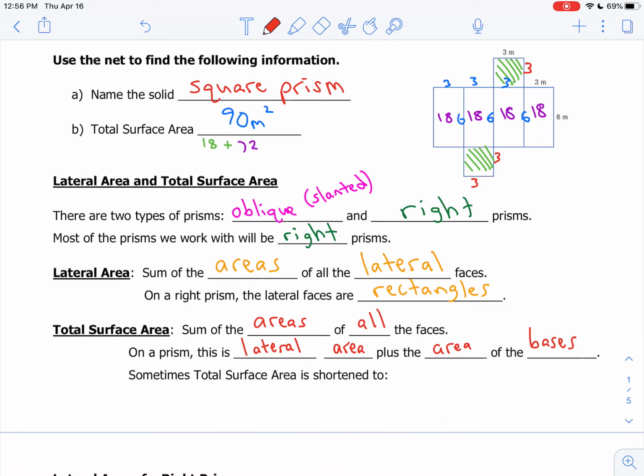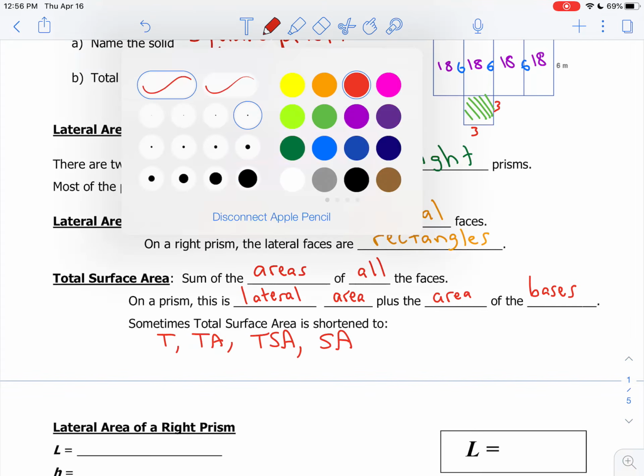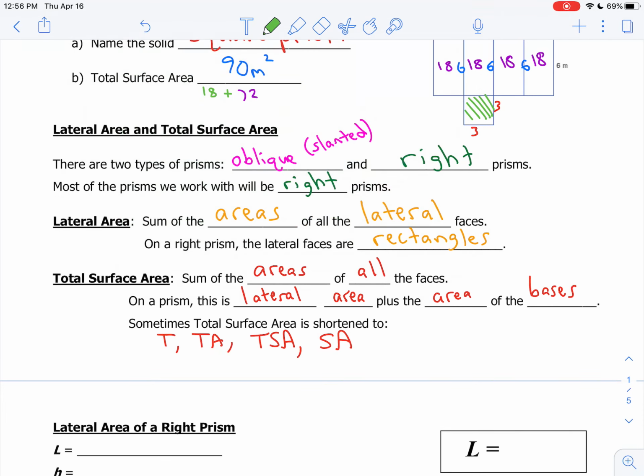So the abbreviations you'll see for total surface area: some places just say T, some places say TA, some places say TSA for total surface area, some say SA for surface area. For lateral area, it'll either say L or LA. All right, we'll pause and then we'll figure out the